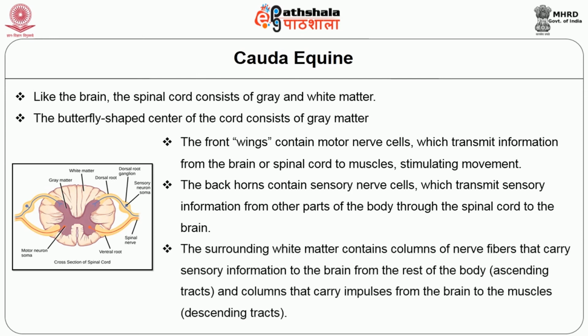The surrounding white matter contains the columns of nerve fibers that carry sensory information to the brain from the rest of the body, that is ascending tracts, and columns that carry impulses from the brain to the muscles, that is descending tracts. Hence, to conclude, the human brain has been called the most complicated organization of matter in the known universe. Knowing the most important structures of the brain and their spatial relationship is important for understanding how the